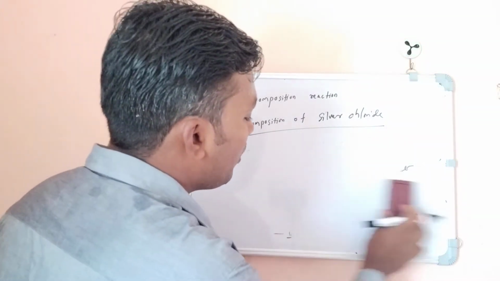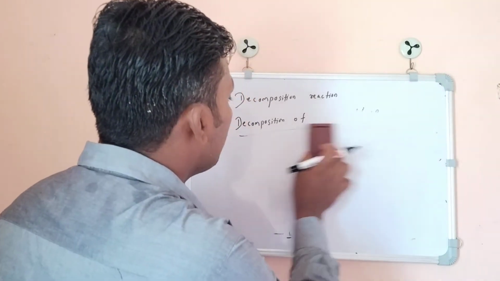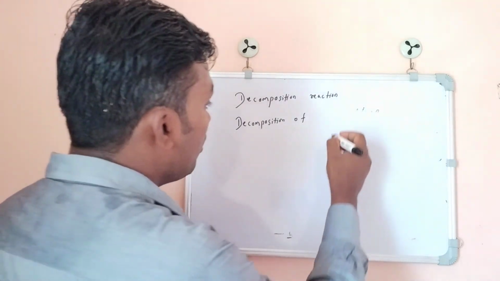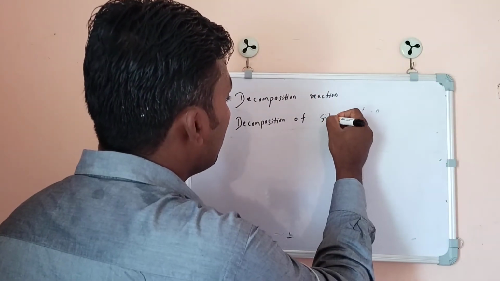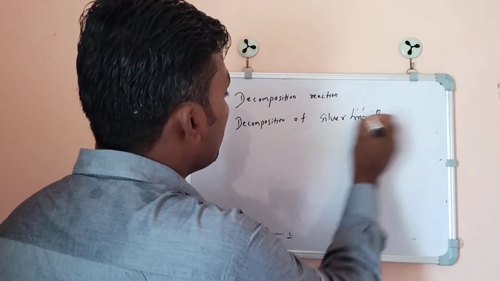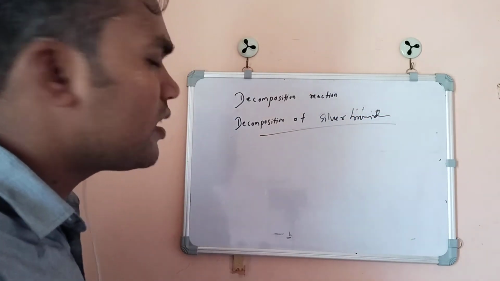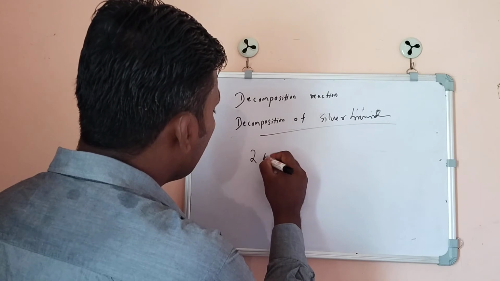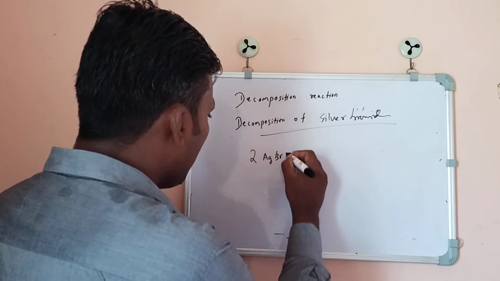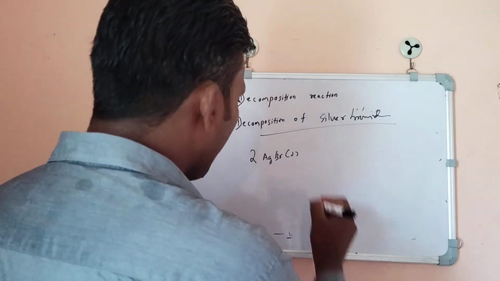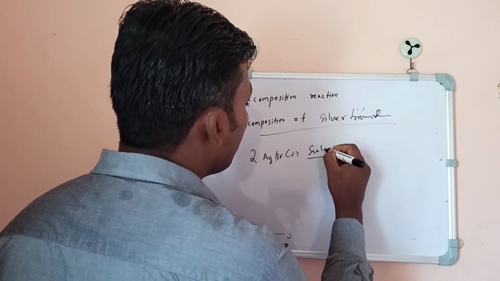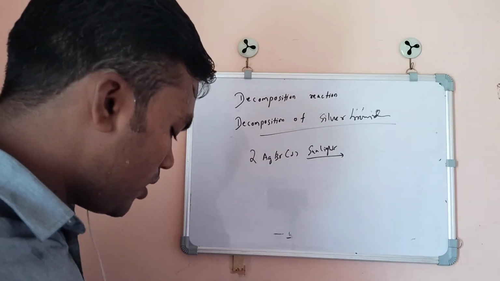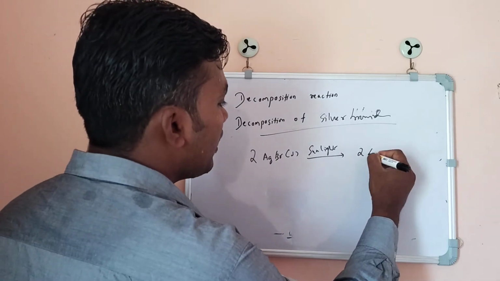This is the last example to understand the decomposition of silver bromide. The other example for the decomposition reaction is silver bromide. These reactions also behave the same way as silver chloride. Take a little amount of AgBr solid, keep it in sunlight. While you are doing this experiment, don't do it alone. Your mentor should be there while you are performing this reaction.